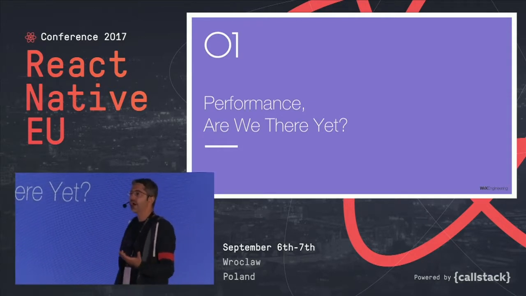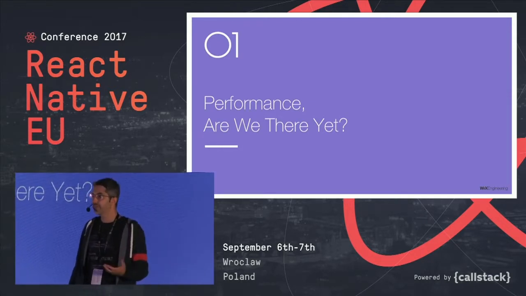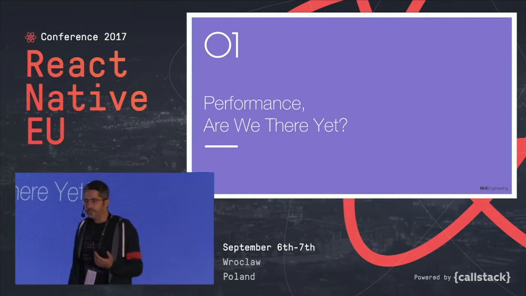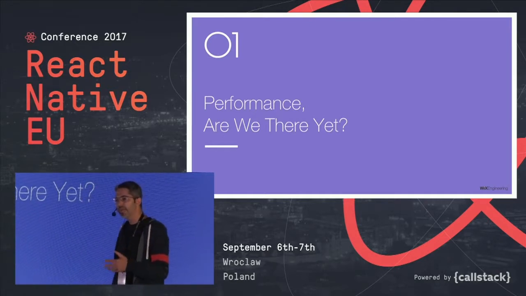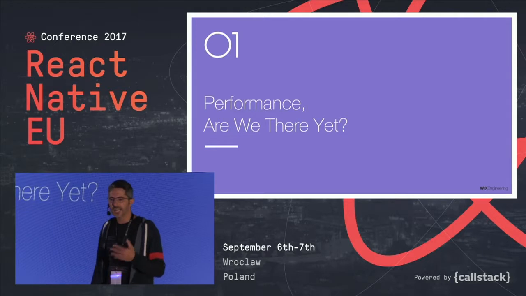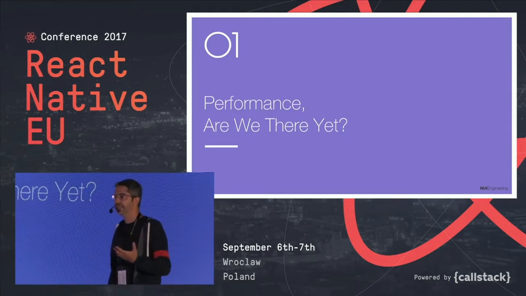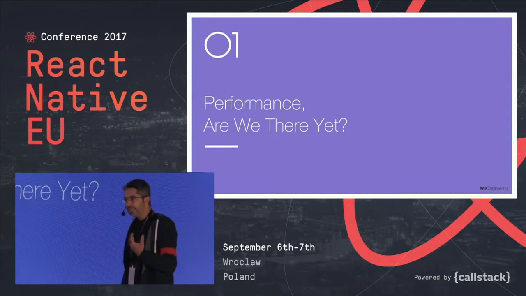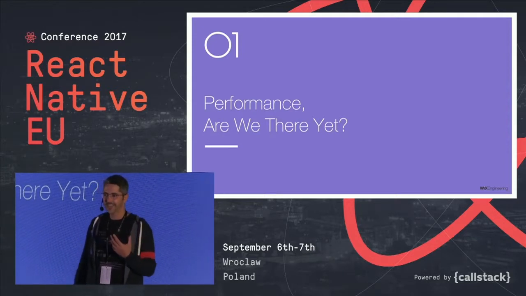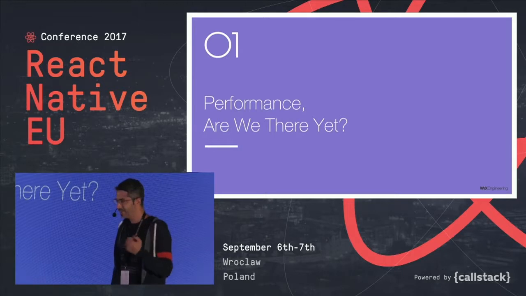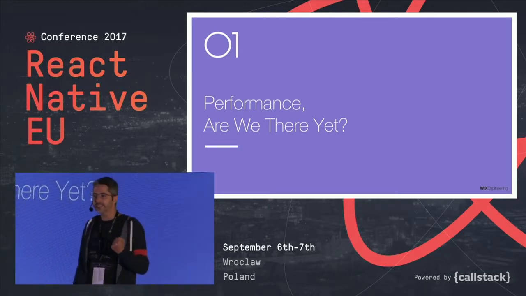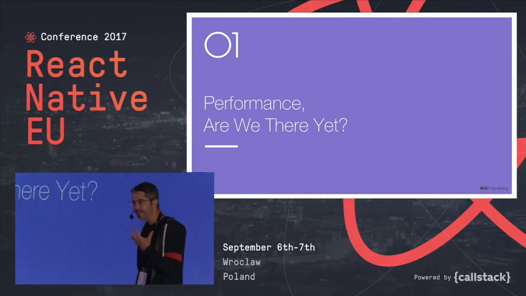So if I were to write, for example, WhatsApp, or Facebook Messenger, or an instant messaging app, I would not use React Native for that. Why? Because the performance overhead of React Native in this specific use case outweighs the amazing productivity boost that this framework gives. And as you know me, I'm obsessed about performance. I do a lot of work in this space, if you've read my stuff. And I always ask myself, did we squeeze everything out of this lemon? I mean, do we have more to go?